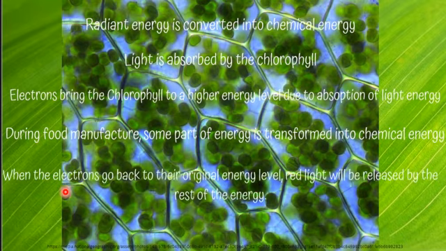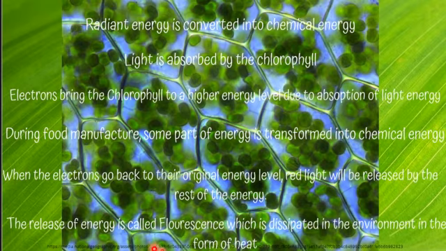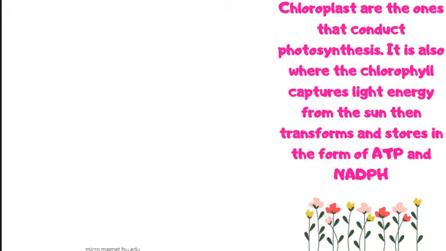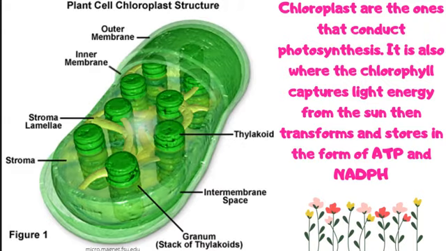When the electrons go back to their original energy level, red light will be released by the rest of the energy. And then the release of energy is called fluorescence, which is dissipated in the environment in the form of heat. So chloroplasts are the ones that conduct photosynthesis. It is also where the chlorophyll captures light energy from the sun, then transforms and stores it in the form of ATP. The site of photosynthesis is the chloroplast, and there are countless chloroplasts that appear in the cells